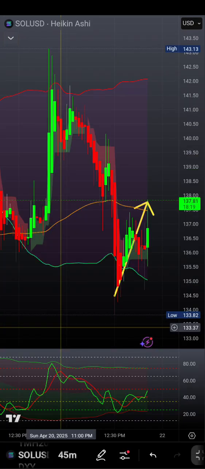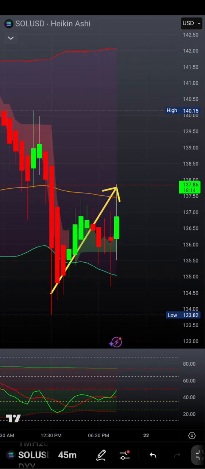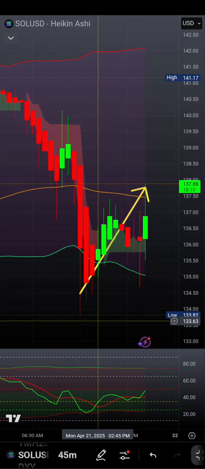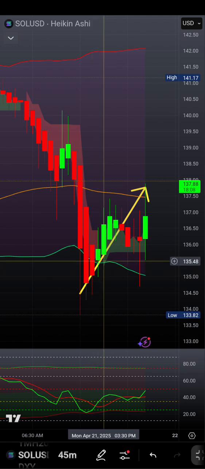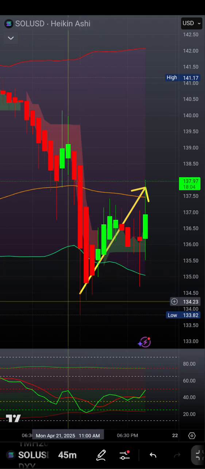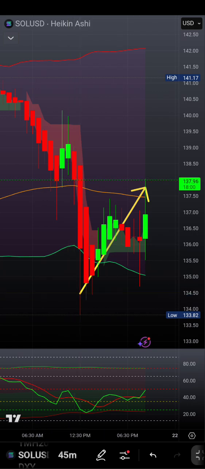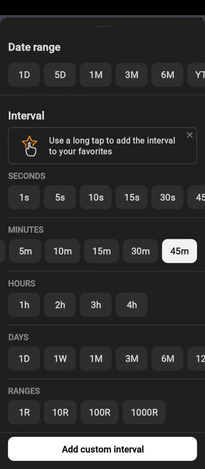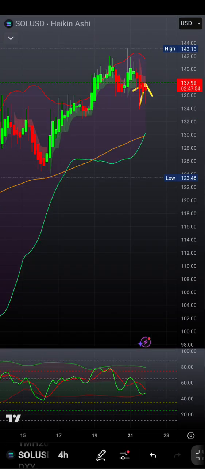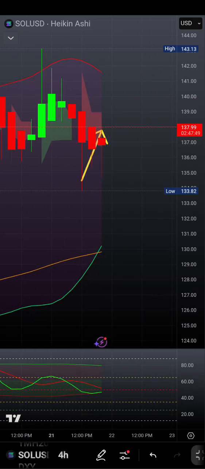Here's the 45 on that same trade. We got a cross later, somewhere in this area, but we're in way over here. Way over here somewhere, we're in right there. And then here's what it looked like on a higher time frame. Look what you got. And this is why I say you can trust it on the lower time frames, because